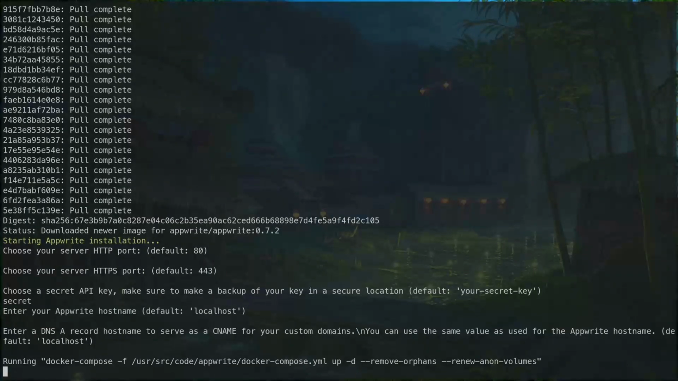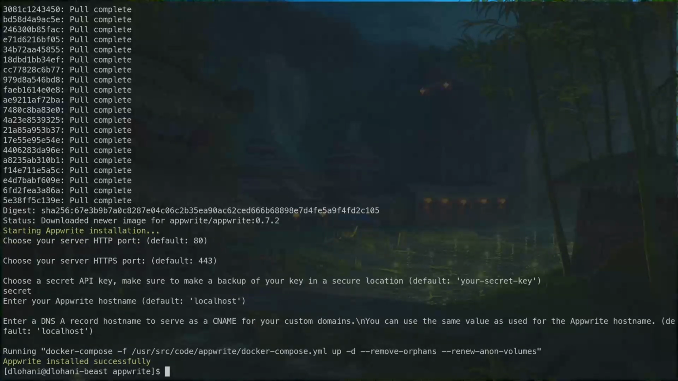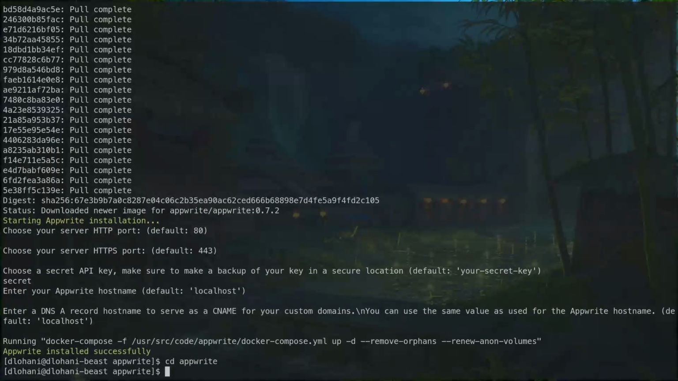So now it's running our Appwrite installation. It might take some time and it might even take longer for you because the Docker Compose file has lots of other Docker images. If you are doing this for the first time, it will have to pull all of those Docker images and it will take quite some time. Once you run the installation script, in the working directory, it will create a folder called Appwrite. So let me cd into Appwrite